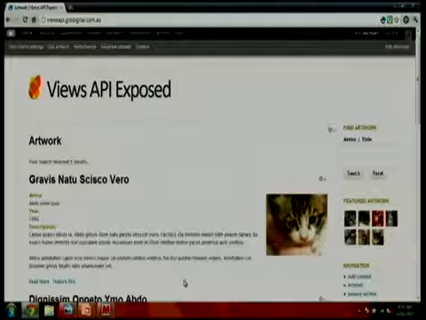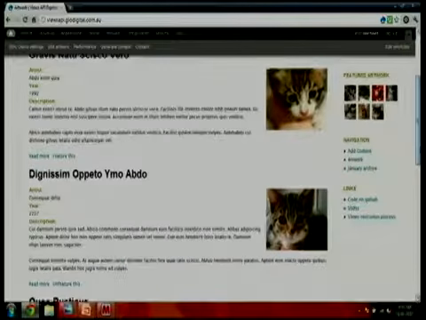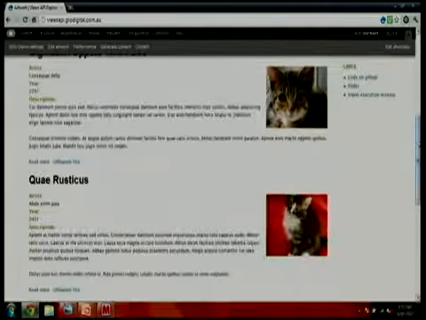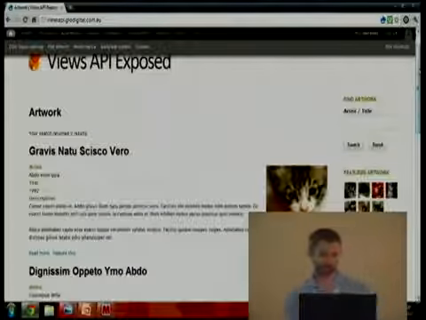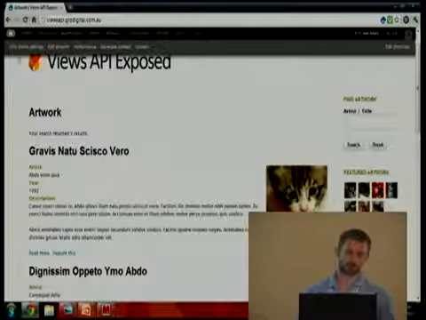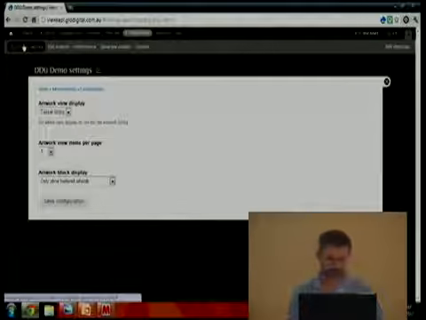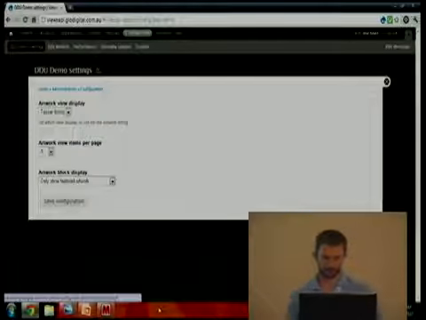So that looks something like this. So this is your basic teaser view. Everyone's seen the basic standard node teaser view. You can get it with the Views wizard these days. And I've also just created this little settings page here, which is going to allow me to toggle any of my hooks on and off.